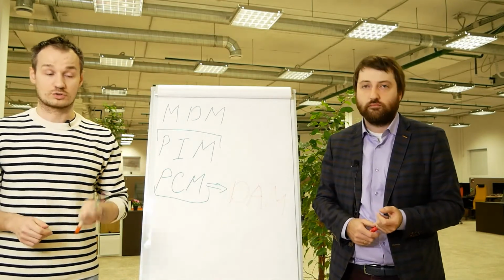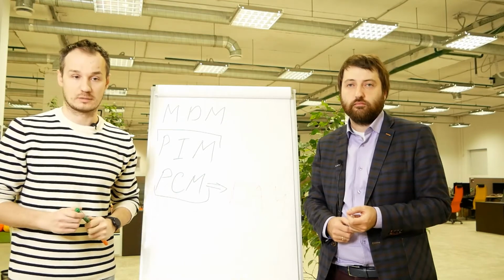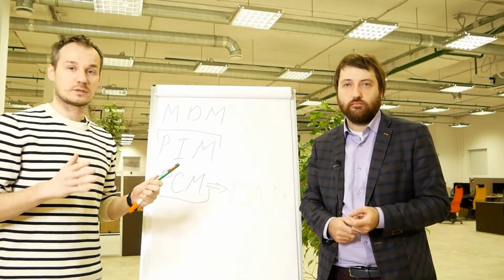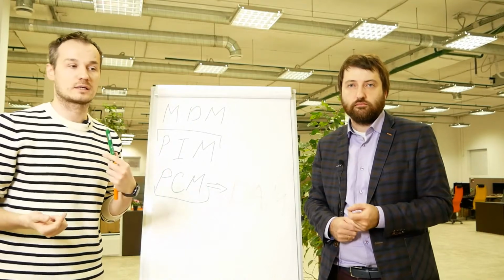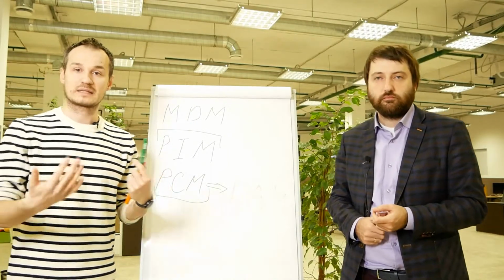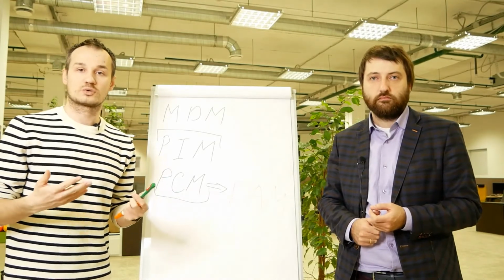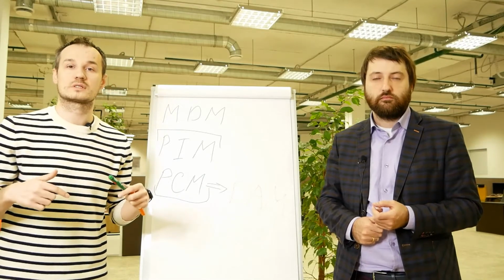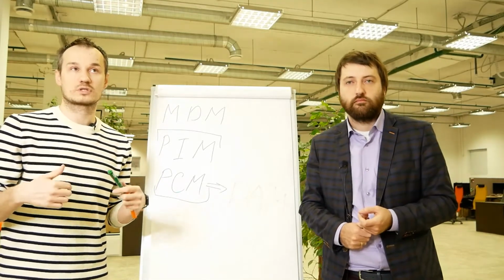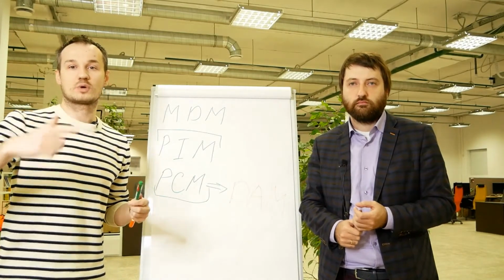Please note also that DAM systems always work with file metadata. Say we've got a file with a picture and you want to know which picture that is. A frontal one or a side one? Which is this picture? Or what file is this? What is it? A certificate? Because the certificate can also have a validity period. Imagine the following task. You need to send the most recent relevant certificate.